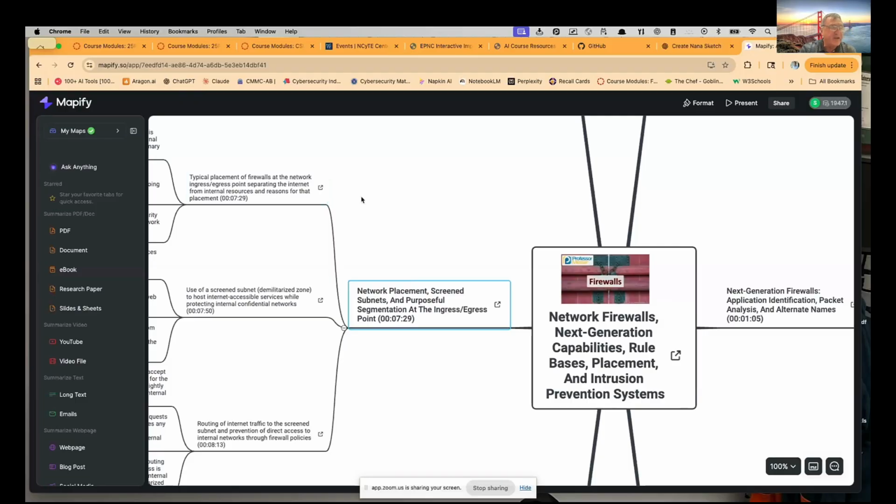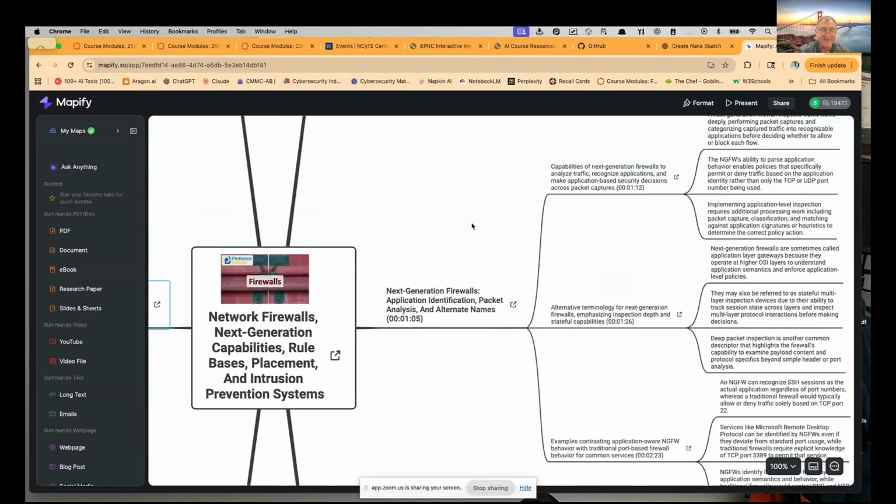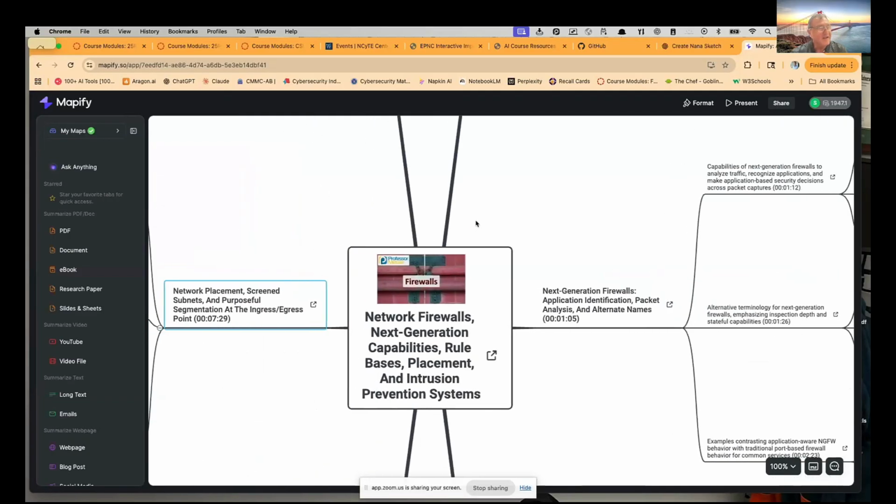You can go and try this for free. There's a free version of Mapify out there. And by the way, this doesn't have to be YouTube videos. This could be your lectures, right? Or it could be any other source of videos that you use in your class. This would be an example of how you could put a mind map in the class. I wonder why this isn't launching. That's really unusual. We're probably killing this thing right now with sharing it and everything else. It might be because I'm sharing it. I don't know. But going back,